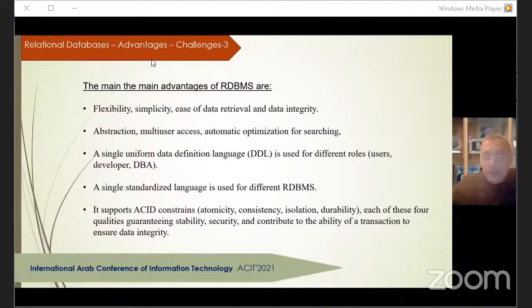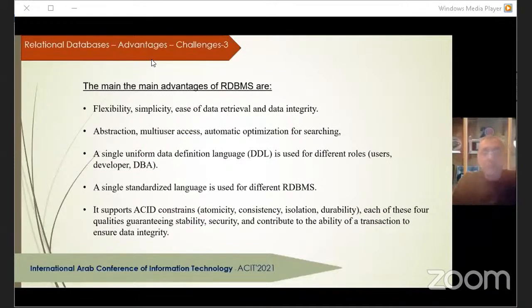Also, a single standardized language is used for different relational databases. Also, they support ACID properties, where each of these properties guarantees stability and security, and contributes to the ability of a transaction to ensure it. In the meanwhile,